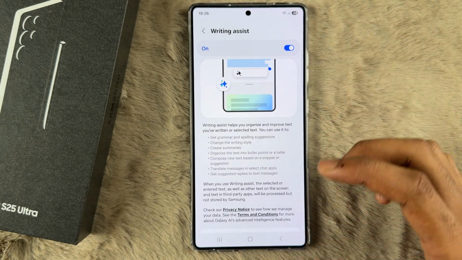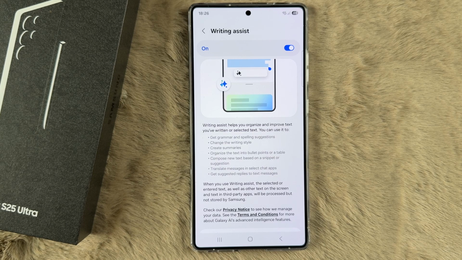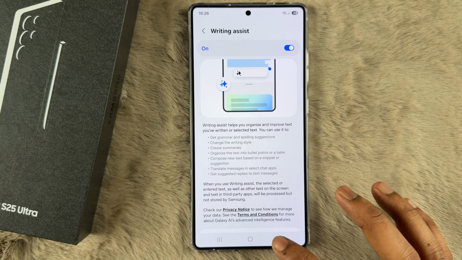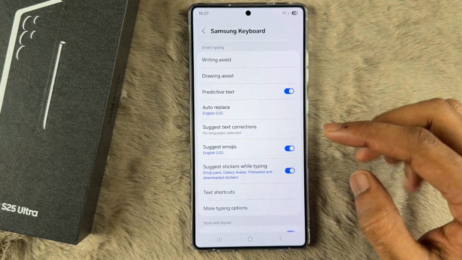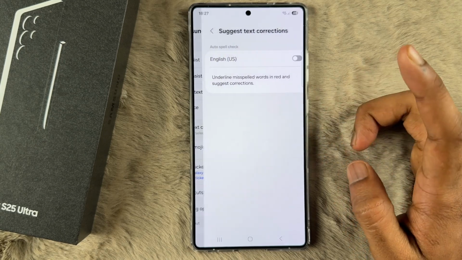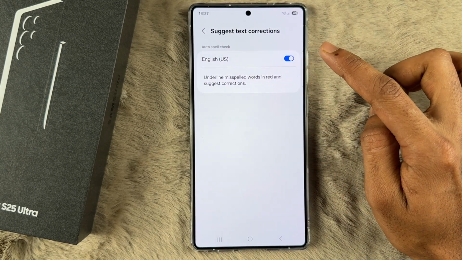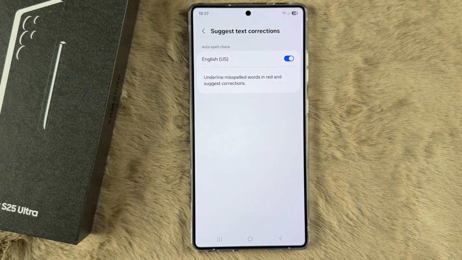help to assist you with writing, and it will improve your writing skills, and it will improve all the writings with the help of AI. So AI will help you out in this section, and you can also go with this suggest text corrections and select the language for the text corrections, and it will suggest the correct text for